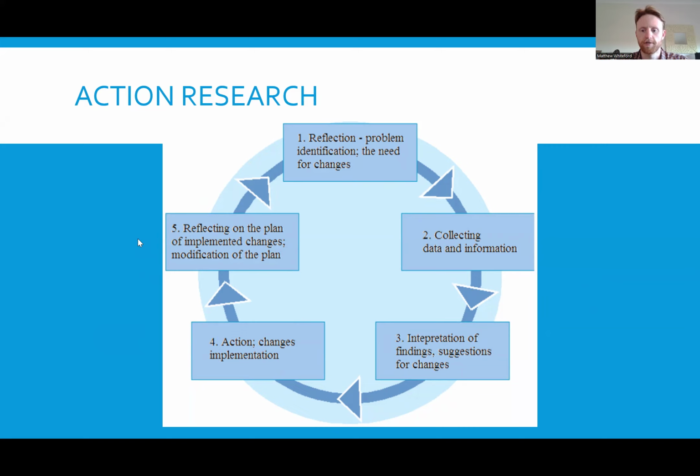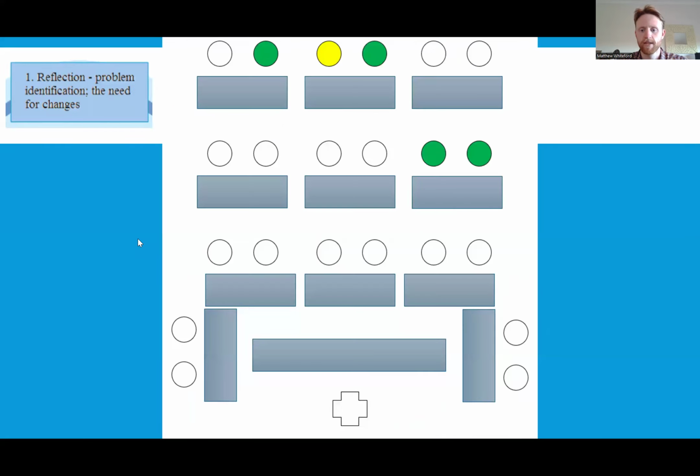The first stage of the action research is a reflection on class practice to identify problems and areas that need change. In my Year 9 science class, the focus group of this action research, I realised through observation that there were only a select few students that would consistently engage in questioning and class discussion. This slide shows a classroom seating map of verbal participation where the green dots represent students that are always responding, yellow dots sometimes respond, and the white dots are students that rarely or never respond. Therefore, the problem identified was that traditional questioning and discussion is not engaging the majority of students in my class.